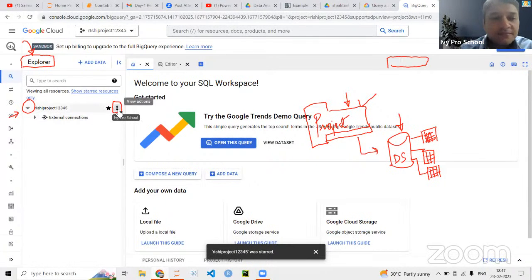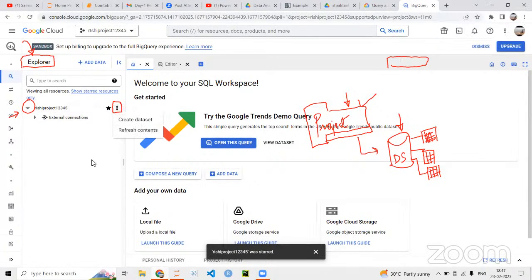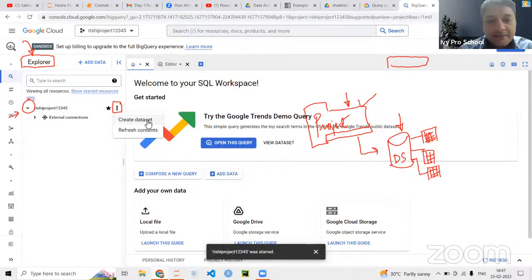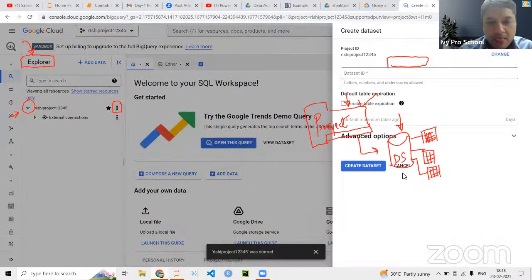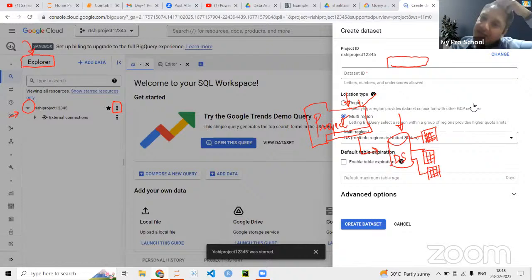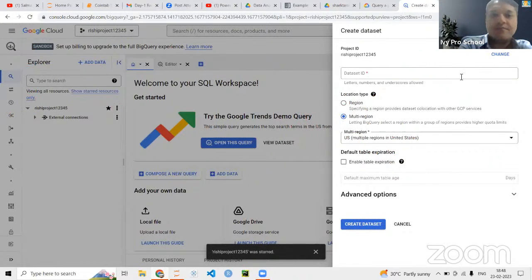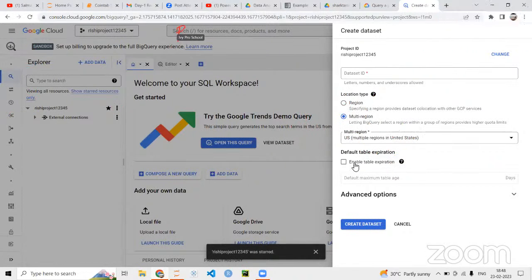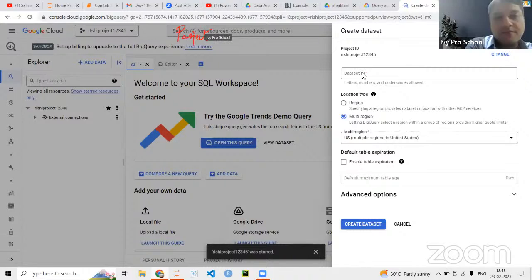Click on the 3 dots. Yes, sir. You will have an option to create data sets. So go ahead and create a data set. Now, click on the data set here. Give a name to the data set, and the name can contain these things: